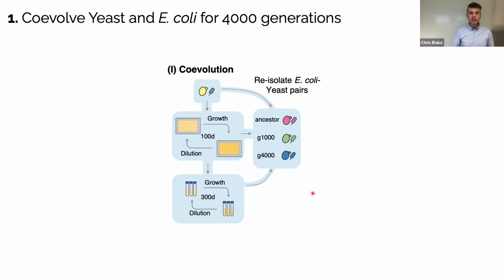So now we wanted to look at how evolution could shape a tipping point of this culture from two different angles. The first was coevolution. So basically here in the system, we don't have an external selective pressure other than the two species having to coexist for a long time together. So basically what we did here was we put them together in a culture and then passaged them every day for 400 consecutive days, giving us 4,000 generations of evolution.